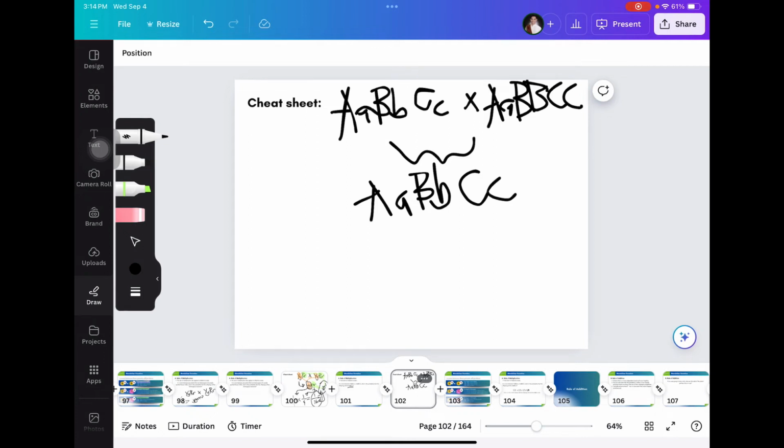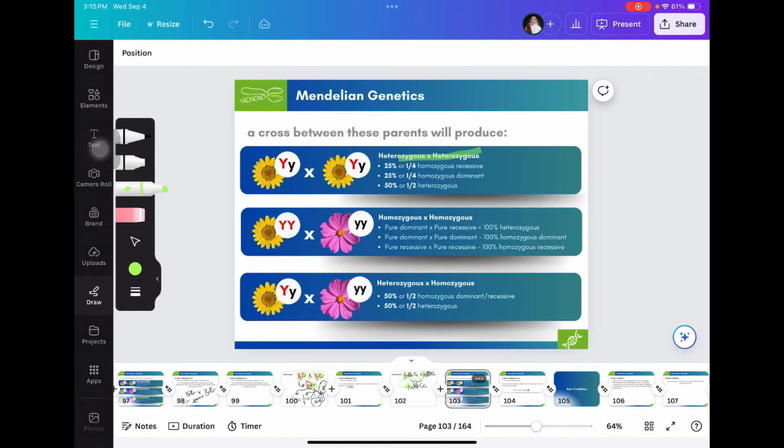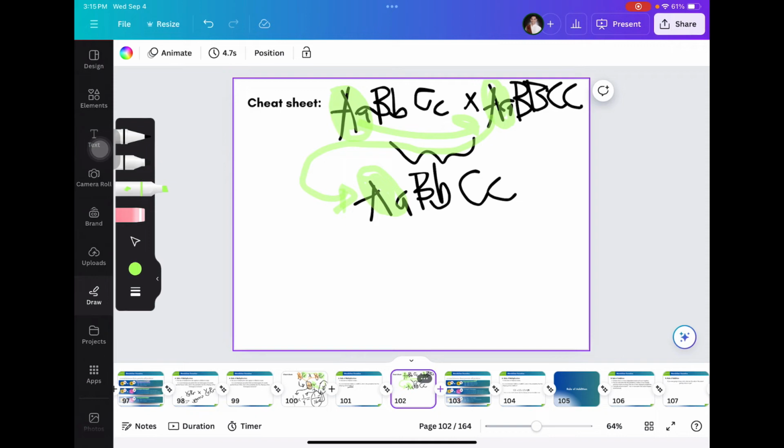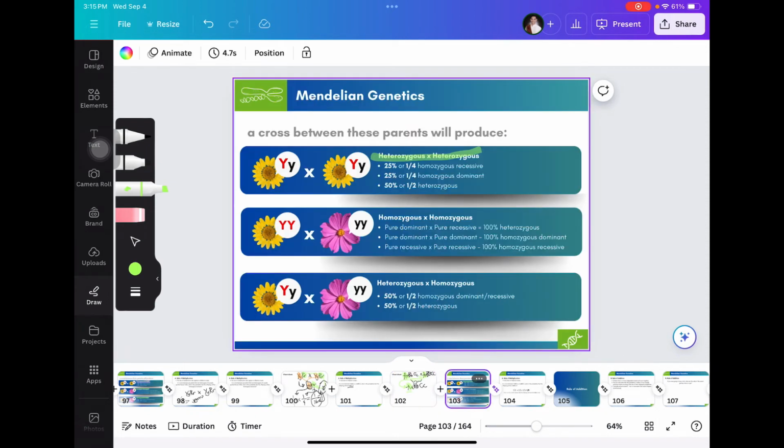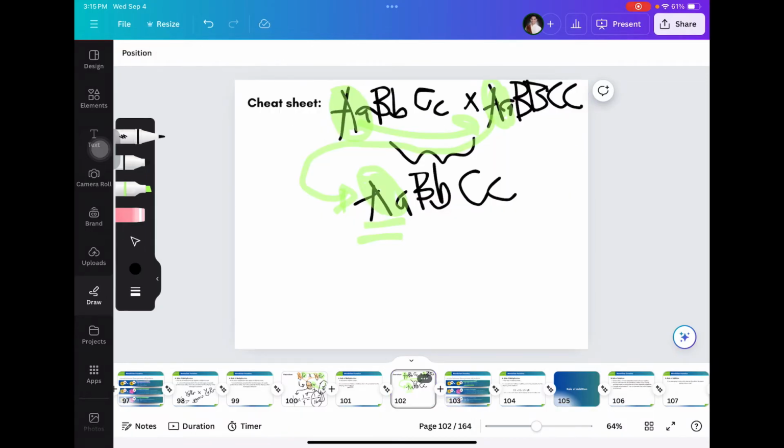Alright, let's apply our technique. So let's first calculate them trait per trait. So we have 3 traits here. Trait number 1, multiply with this one. What are the odds that they will be producing this one, which is technically heterozygous as well? Let's look at our cheat sheet. Heterozygous times heterozygous, which is this one. And what are the odds that they will be producing another heterozygous, which is technically this one? So the answer is 1/2. So I'm just gonna input here 1/2 plus.